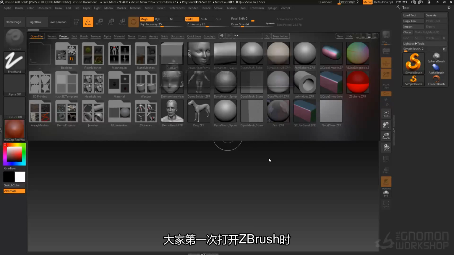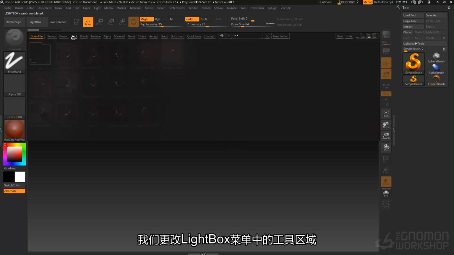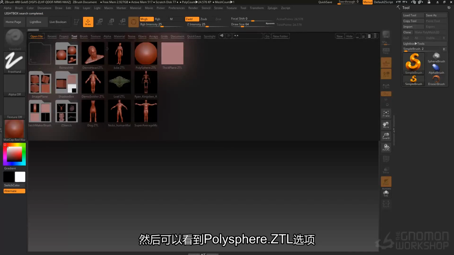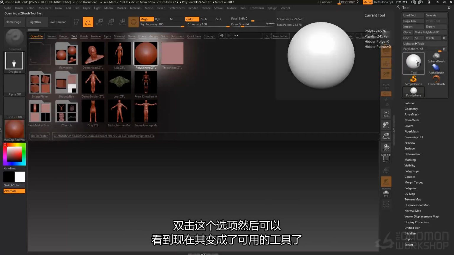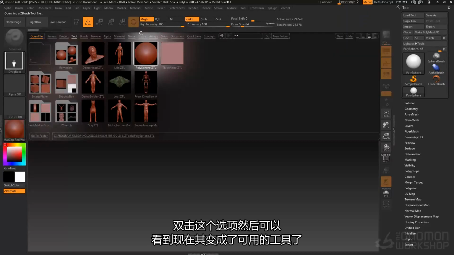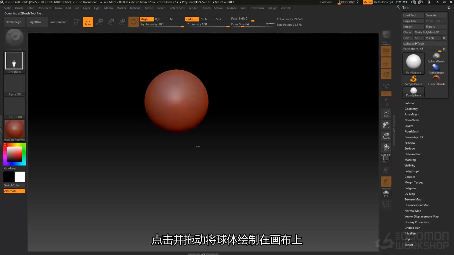When you first open ZBrush, you'll see something like this. You'll have the lightbox open, and it's most likely going to be open to the Projects menu. What we're going to do is change the Tool section right here under Lightbox, and there you'll find the polysphere.ztl. That's my favorite ZTool to use as a base to sculpt on. I do lots of sketches like we're going to do today on a polysphere. So you just double click that, and you'll see that it becomes your active ZTool here. We'll close out of the Lightbox menu, and now I'm just going to click and drag to draw that sphere